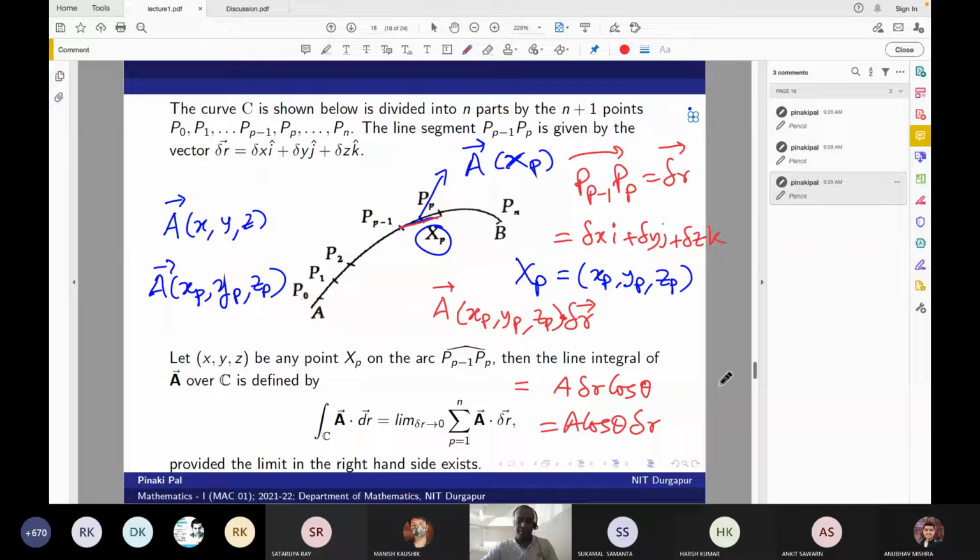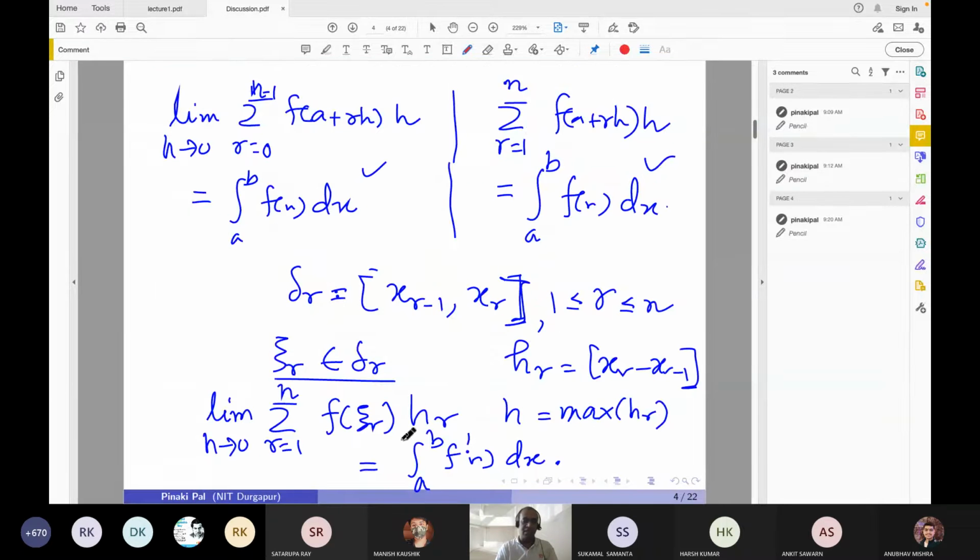So therefore this is my integration element, if you can connect with the definition of the definite integration of a function of a single variable. There we used to divide the interval into finite parts, and from each part we used to take a point. You look at this definition, and there we used to calculate the value of this function. And then,